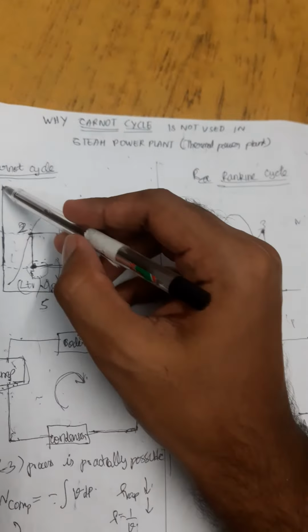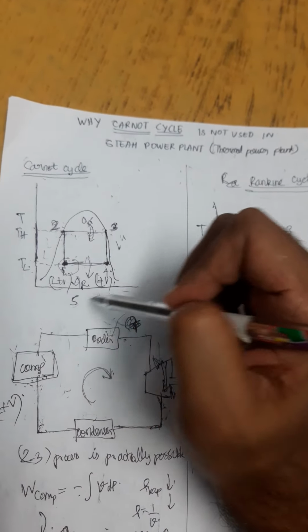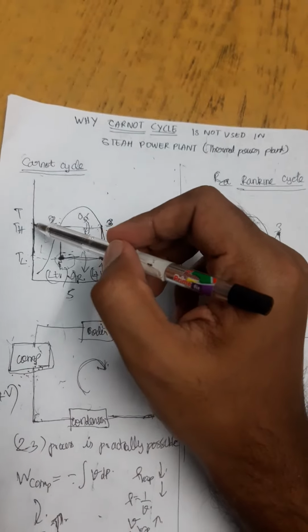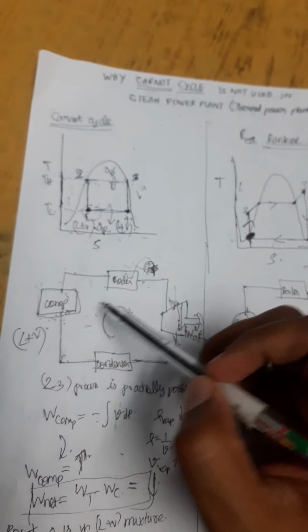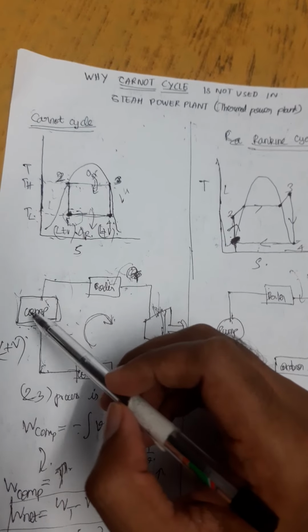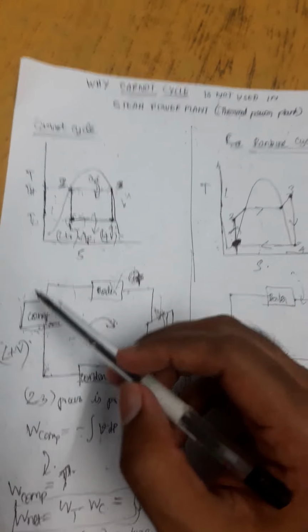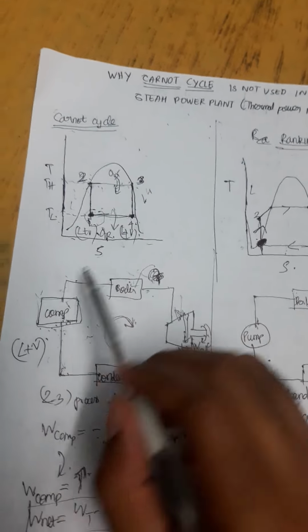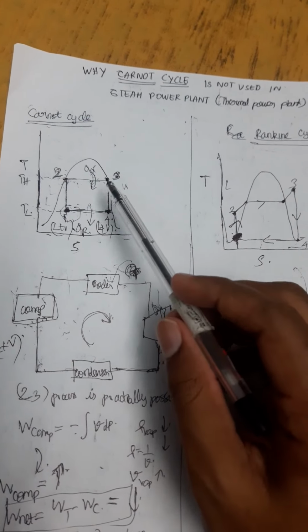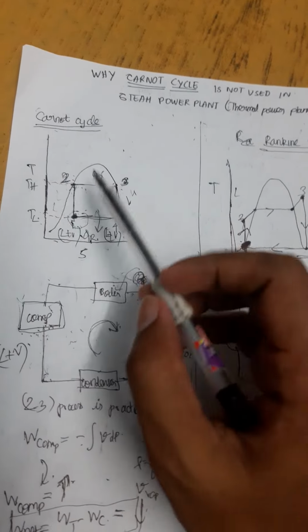This is the typical Carnot cycle TS diagram. This is the high temperature, lower temperature, and this is the actual setup. This is a compressor which is going to compress the fuel mixture into high pressure, and it is sent to the boiler where the heat is added at constant temperature. As you see, from 2 to 3,